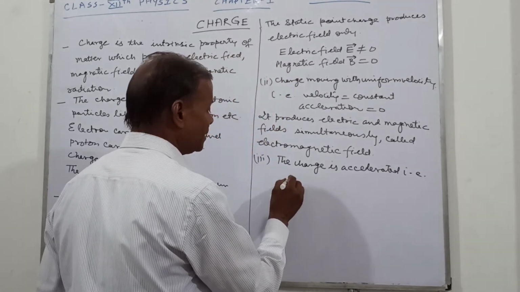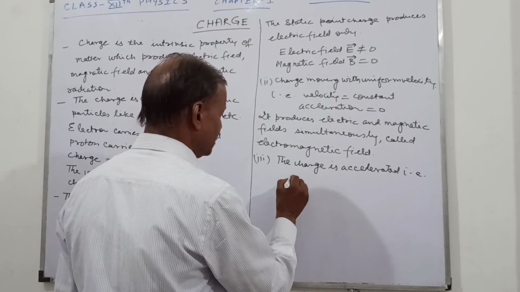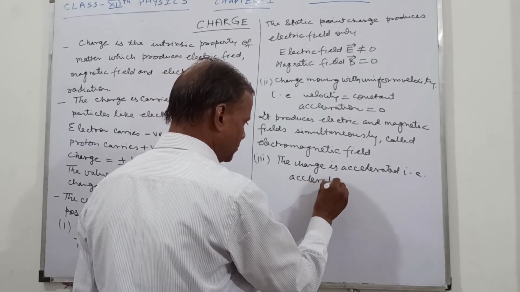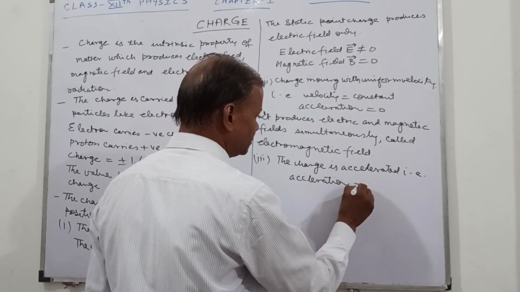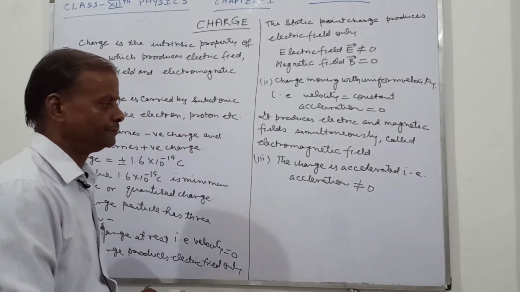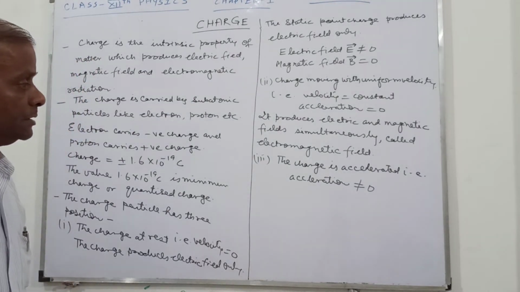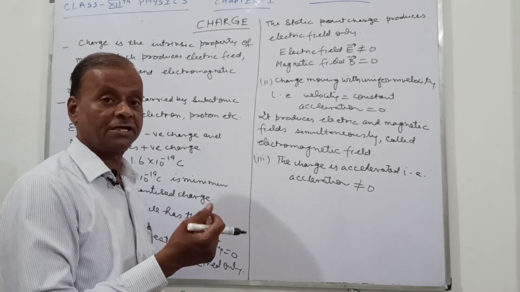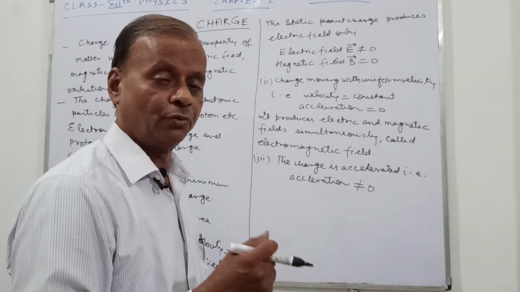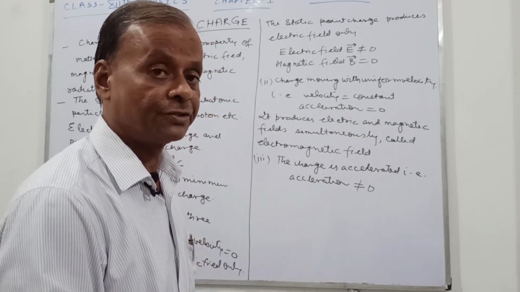Accelerated means that the acceleration is not equal to 0. It means that the particle is being accelerated, the velocity is increasing or the velocity is decreasing. Both the cases, whether it is accelerated or retarded, in both the situations,